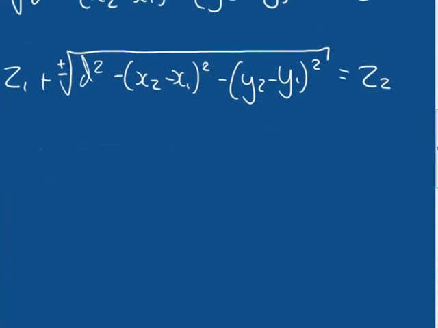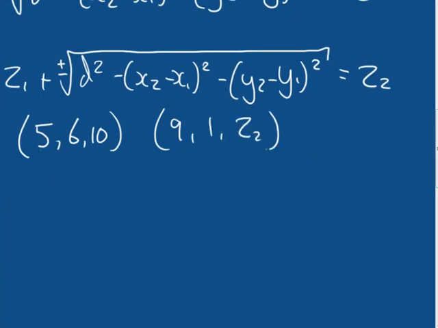our values into this. So we know that x1, y1, z1 is the point 5, 6, 10, and that x2 is 9, y2 is 1, and of course we were trying to find z2. So now that we've got that, we can put these numbers into the equation. So I'm just going to write z2 on the left is equal to all of this on the right and start putting numbers in. So it's equal to z1